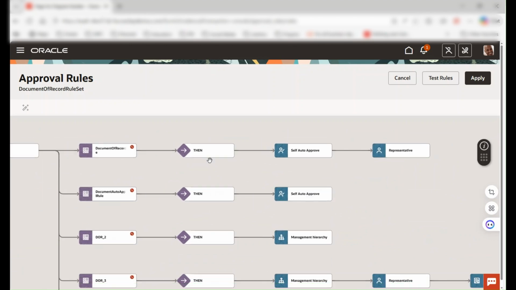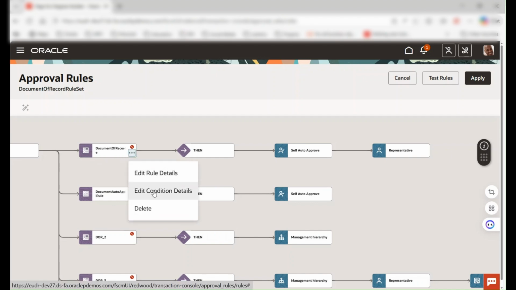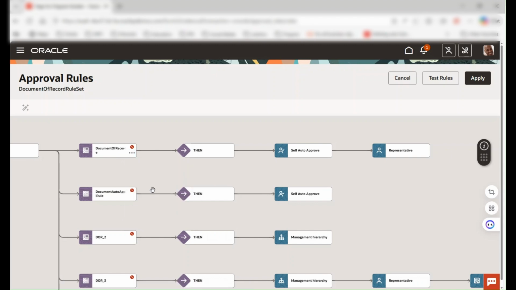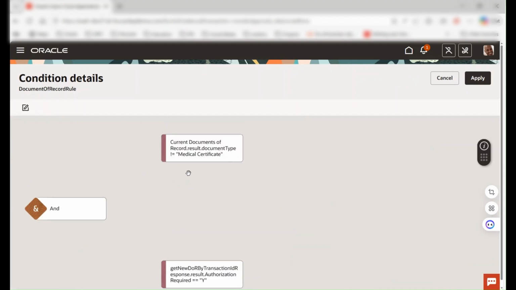If you see here, we have a particular condition. Let me select the edit condition details. Here we can see the condition: if the current document of records result of document type is not equal to medical certificate, and we have both conditions, then only this condition will be applied. The document of record is not related to the medical certificate, and